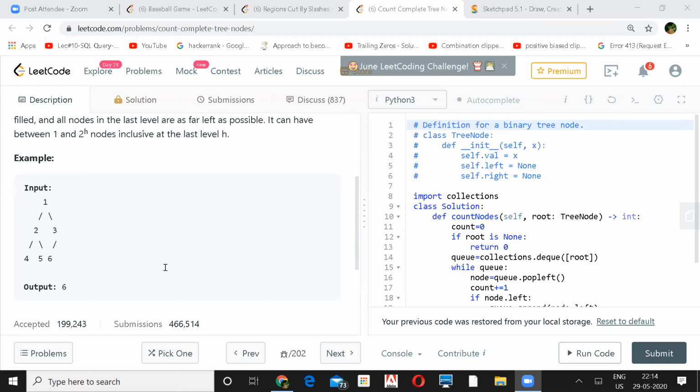If root is not equal to null, then absolutely one node will be there, right? So 1 plus we recursively call the function on the left part, plus recursively call it on the right part, and add them. Means 1 plus countNodes(root.left) plus countNodes(root.right). This is one DFS approach. Am I right? Yeah. Okay.